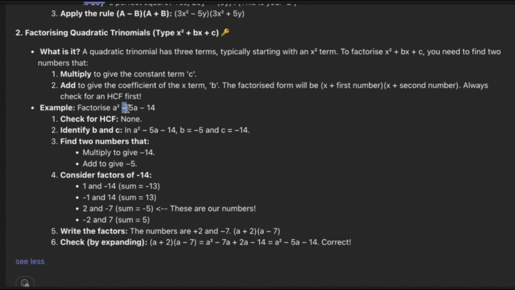And that helps us figure out this over here too. Because if we multiply a positive and a negative together and we add them together and we get a negative, that means the bigger number that we multiplied is the negative number. Okay, and so we say, well, what times what gave us minus 14? 1 times minus 14 is minus 14, but when we add them together we get minus 13,